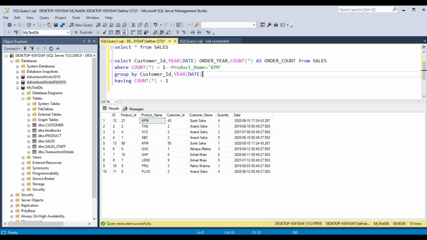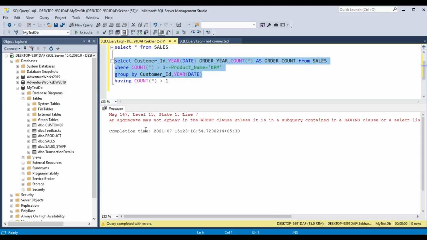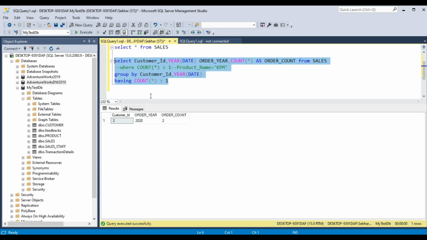So we will first use the first part of the query where we are not using having, only where. If we run this query, this doesn't work. What it says is, if it is an aggregate function you have to use having. So this will throw you an error. If you use having, the query runs successfully.